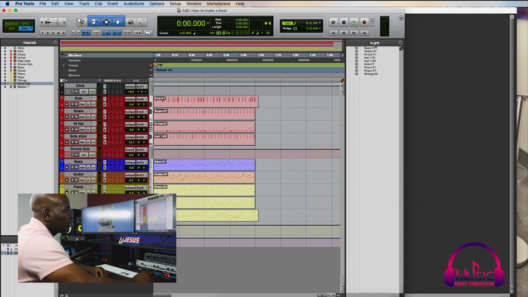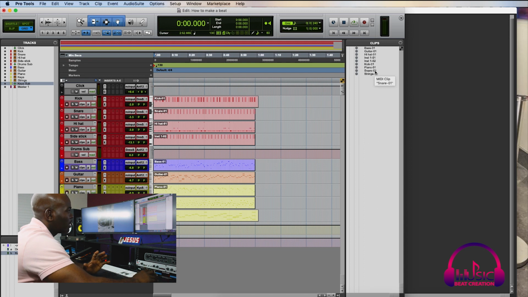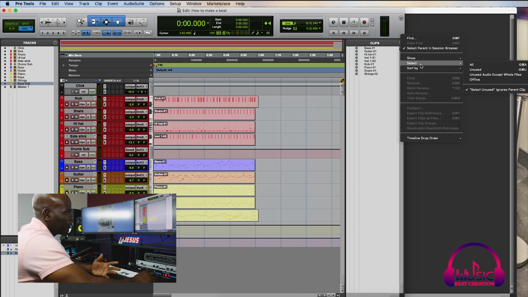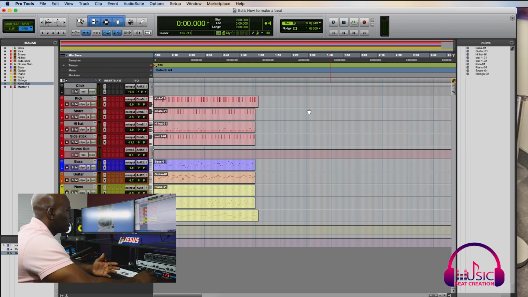You click right here in the clips section, click that little arrow down and you go to Select, and then you would choose Unused. Once you select that, over here, it would highlight all the files that are not being used, okay? And then you would go back again and it would give you the option to clear them out. But in my case here, since I don't have any audio files and all I have is basically MIDI files, so I am using everything that I have in here, and so it does not select anything for me to get rid of. And once you're done with that process,